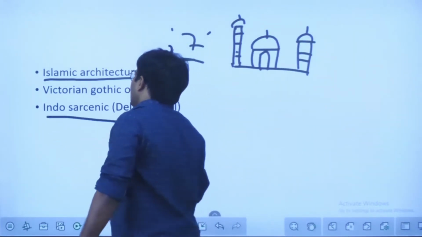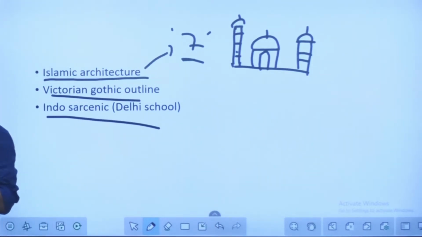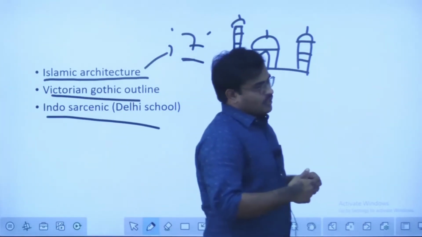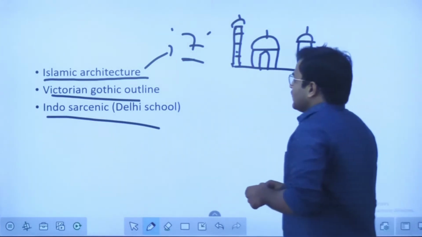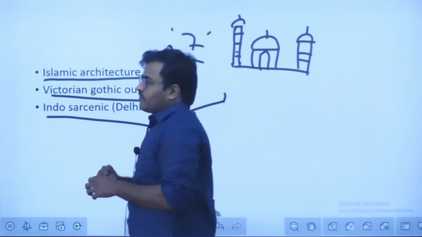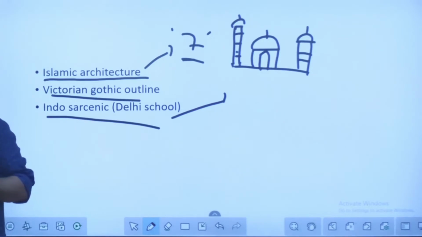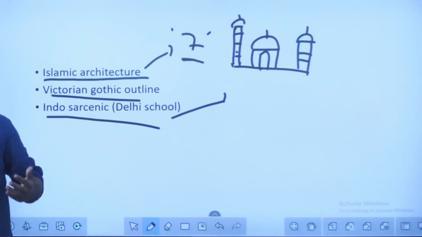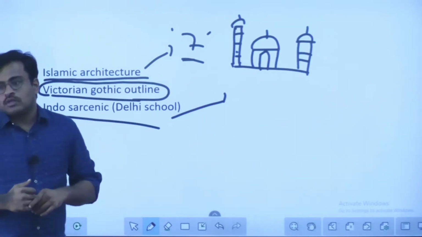Then Indo-Saracenic and Victorian Gothic, both of them are there. You just need to see them. Here also you can draw diagrams. Indo-Saracenic architecture, definitely you should draw diagrams, because it is an integrative model. Indo-Saracenic is an integrative school. It contains elements of ancient Indian Buddhist architecture on one side. Some of the elements of temple decorativeness are also present as part of this architecture. Then stupa, temple, then Islamic architectural style, some elements have been taken up. Along with that, some elements from Victorian Gothic architecture also have been taken up in this school. So definitely this